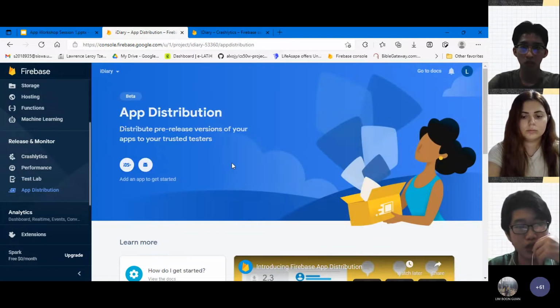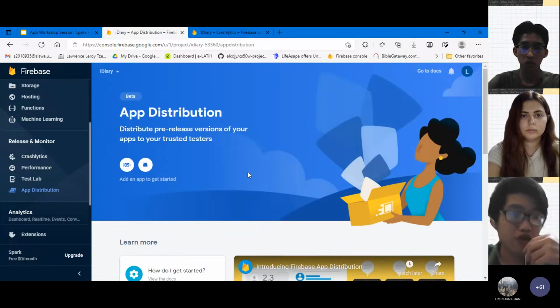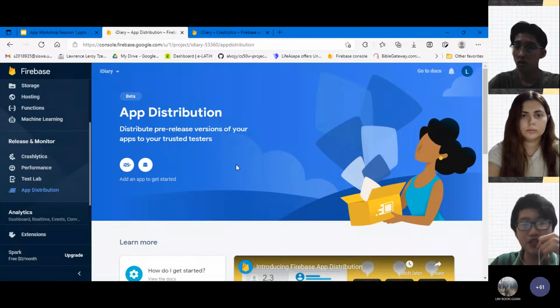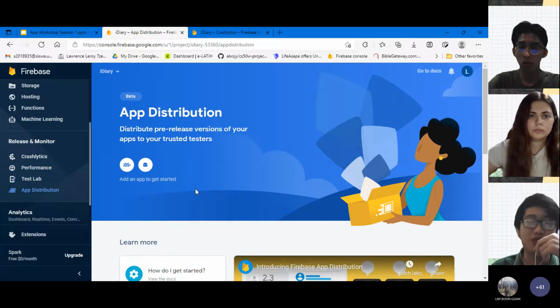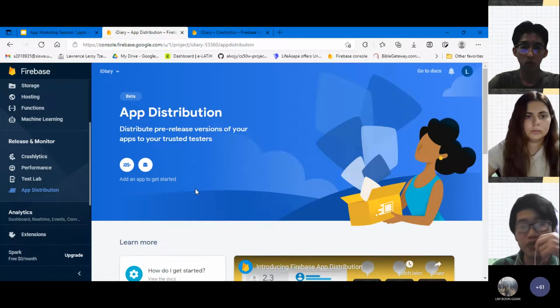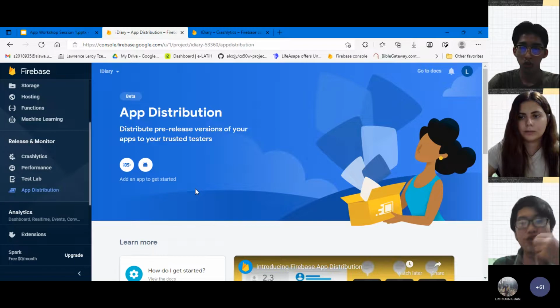Okay, next is app distribution. So this is also for beta. Before you release your app to your customers, you release it to these testers first. Doing it without app distribution is really troublesome because you need to contact your own testers, and then you send it to them one by one, and you collect their feedback one by one, and you have to make sure all this information is organized while you're creating your app.